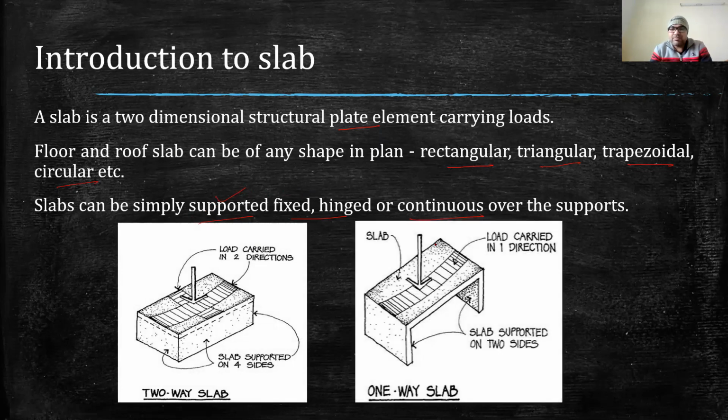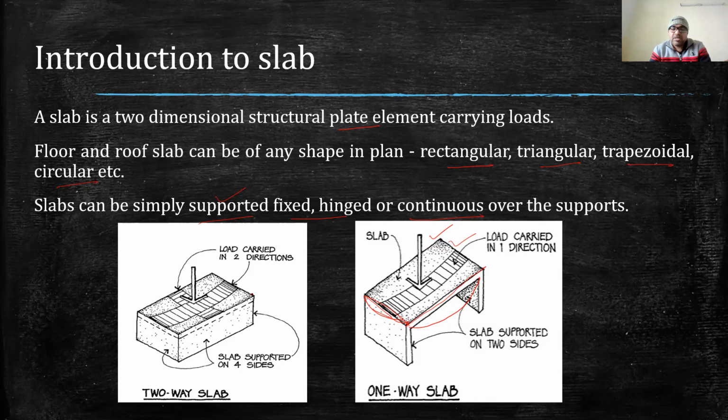So in the one-way slab, generally bending occurs only along one of the spans. As you can see, there are two spans of the slab, this one and this one. In the one-way slab, generally bending will occur along this span only, because this end is already supported. So generally it is not occurring along this span. When the bending occurs only along one direction, then we call the slab a one-way slab.